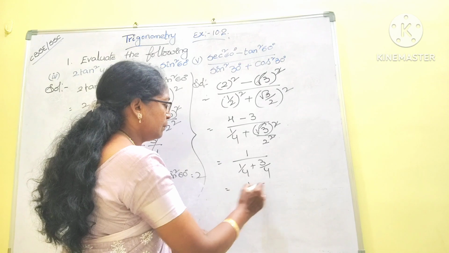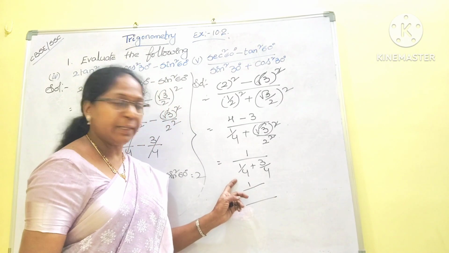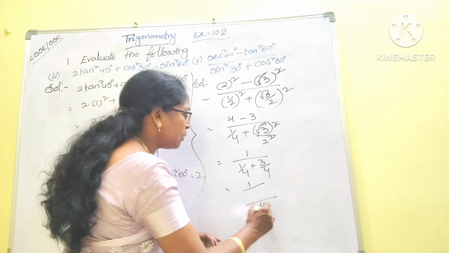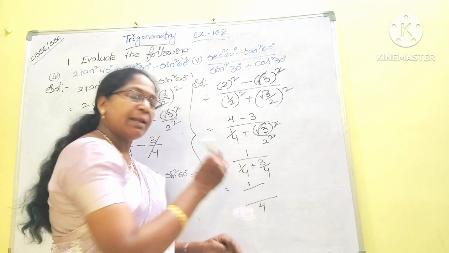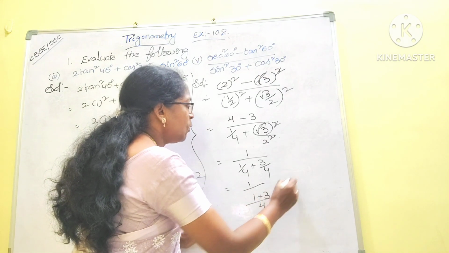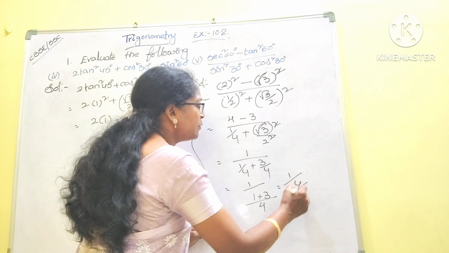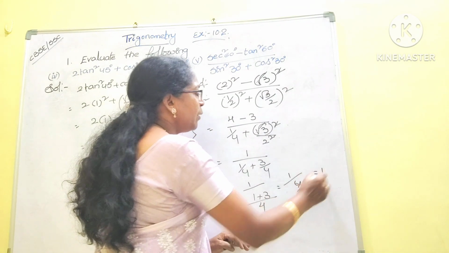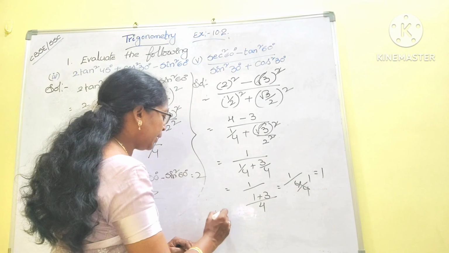Now, find out the LCM for the denominator. Here both denominators are the same, so the LCM is also the same. Then the numerator values you can directly add. So 1 plus 3 is 4, 4 by 4 is nothing but 1, where 1 by 1 equals 1. Therefore,